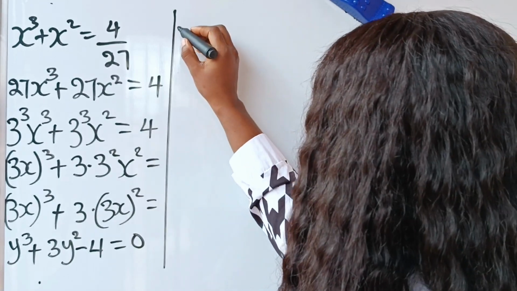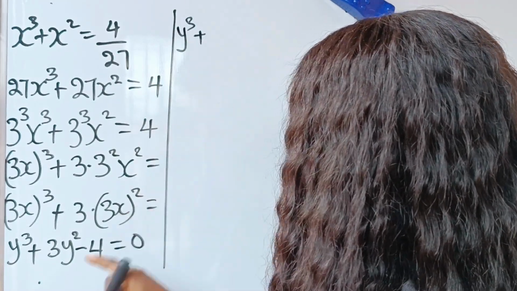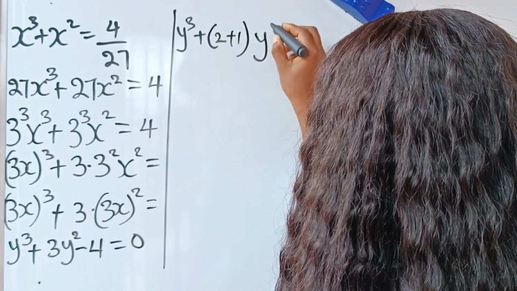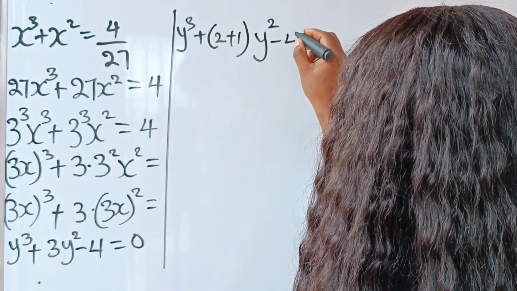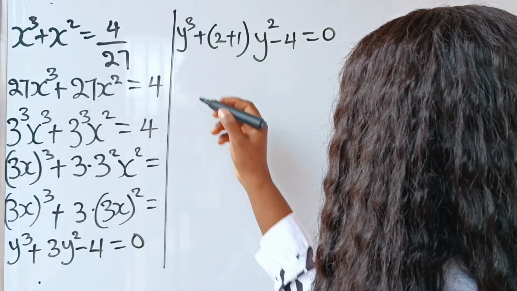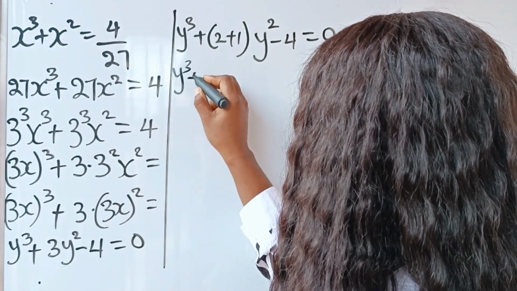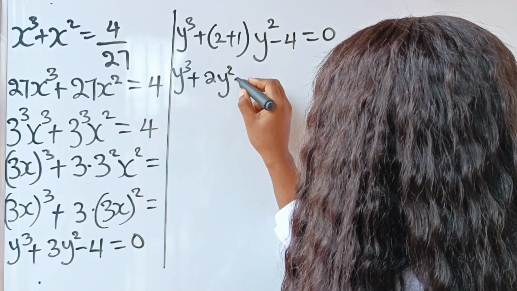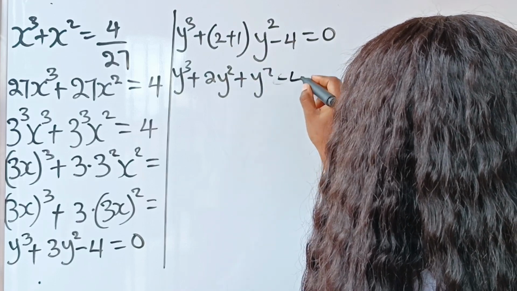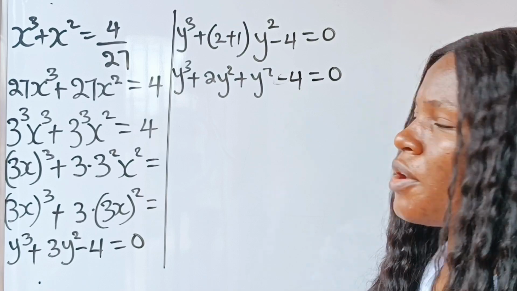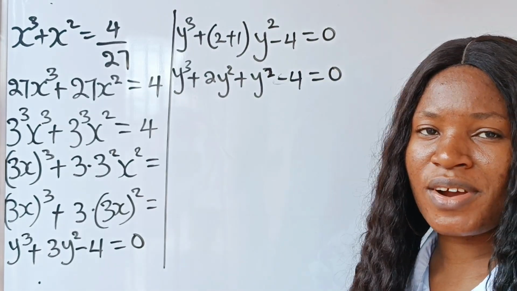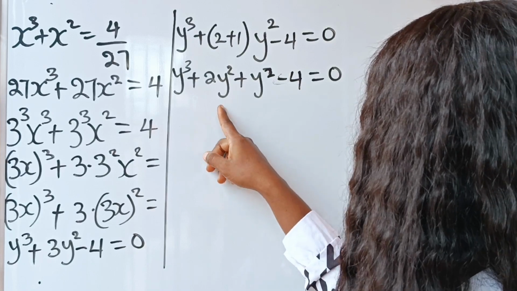Okay. So we have y to the power of 3 plus, now 3 is the same thing as 2 plus 1, right? 2 plus 1 multiplied by y squared minus 4 is equal to 0. Now let's open the bracket. We have y to the power of 3 plus 2y squared plus y squared minus 4 is equal to 0. Now I think we can solve by factorization, because when you look at this and